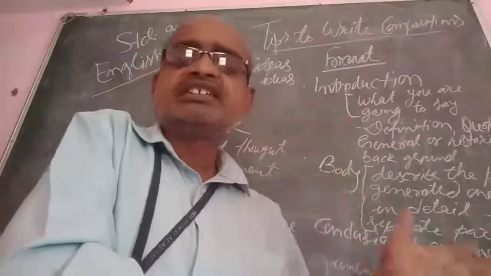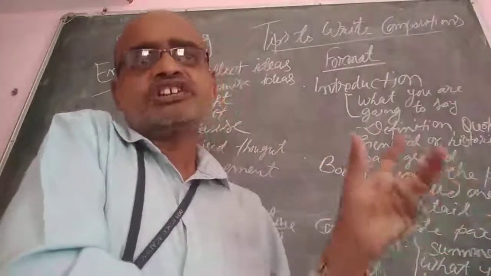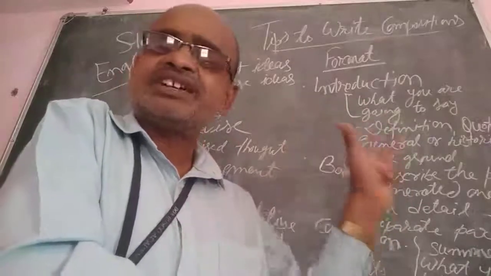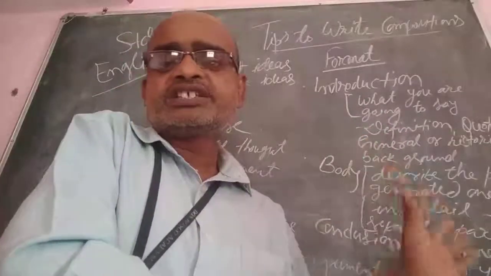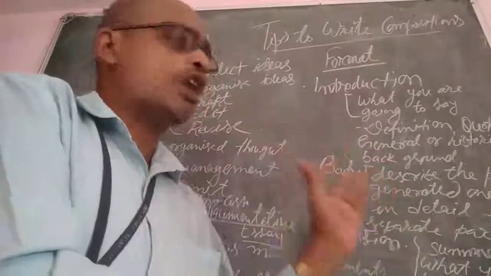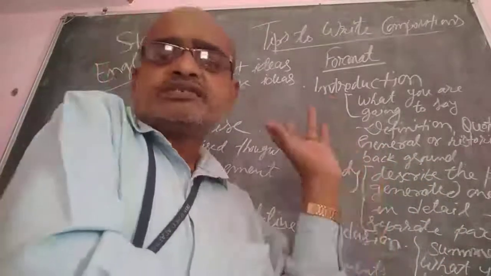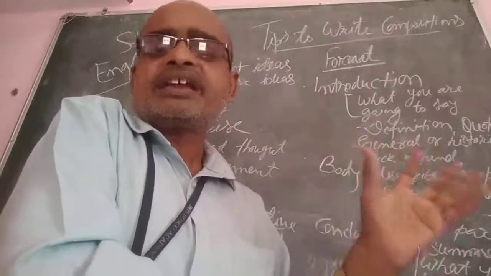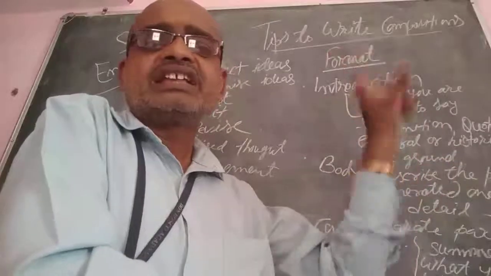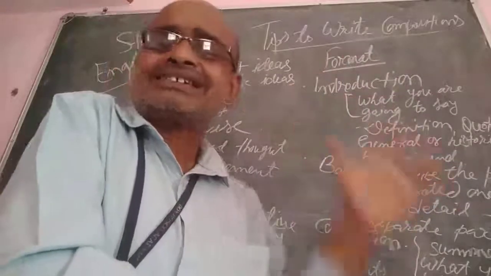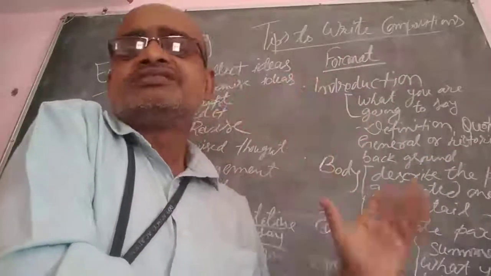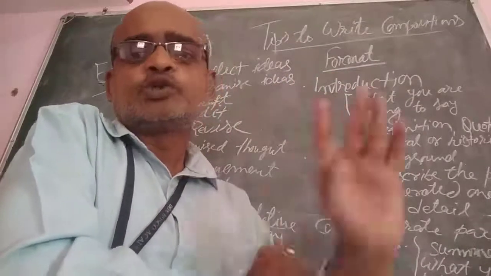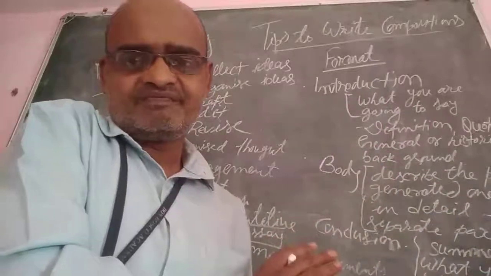For a picture composition, please see the picture and write a story which has some connection with the picture given. Well, dear student, in this way, hope you have understood how to write a composition. We have to first select the topic, then go on thinking from different angles, collect and generate ideas, go on writing as many points as you can, categorize those points, and then explain them.